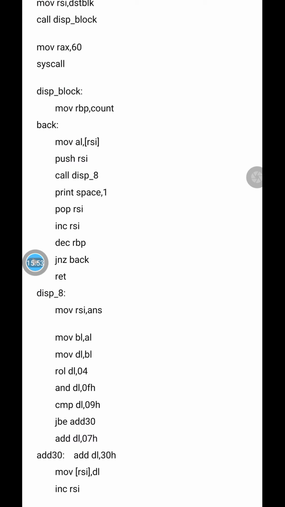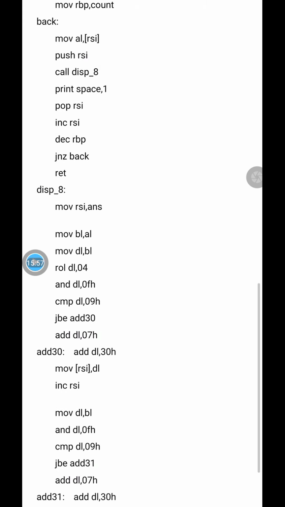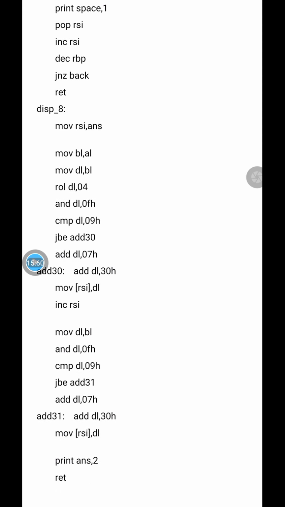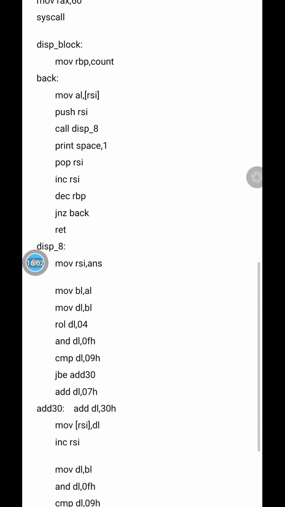Since we have used the same register, whenever we return from this particular procedure back to the previous procedure, RSI will not get disturbed, because we are popping this RSI after displaying this. So whatever the value of RSI is, it remains intact.